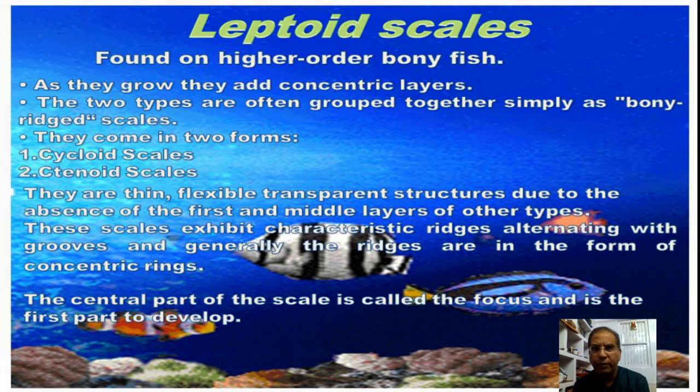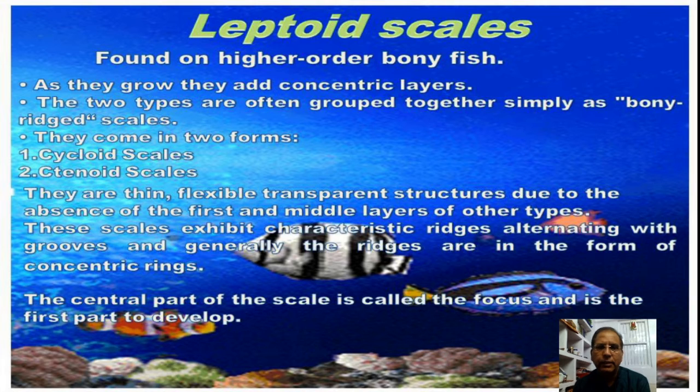So what is a leptoid scale? That is found on the higher order bony fishes. As they grow, they add concentric layers. It means that when the fish grows, the scales are also growing, and we can measure the age of the fish by the concentric layers present in the